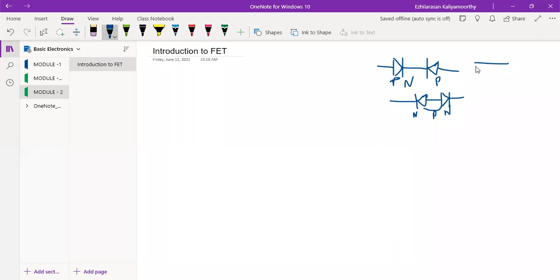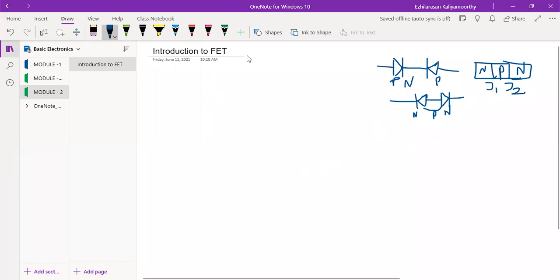Normally, this NPN transistor or PNP transistor, how many junctions do they have? It is actually two junctions. This is junction one, and this will be your junction two. But in the PN junction diode, we have only one junction, right? So the NPN is a bipolar device, we can call it. Why are we saying bipolar device? Because both charge carriers, electrons and holes, are charge carriers. But the FET will normally operate with only one type of charge carrier.